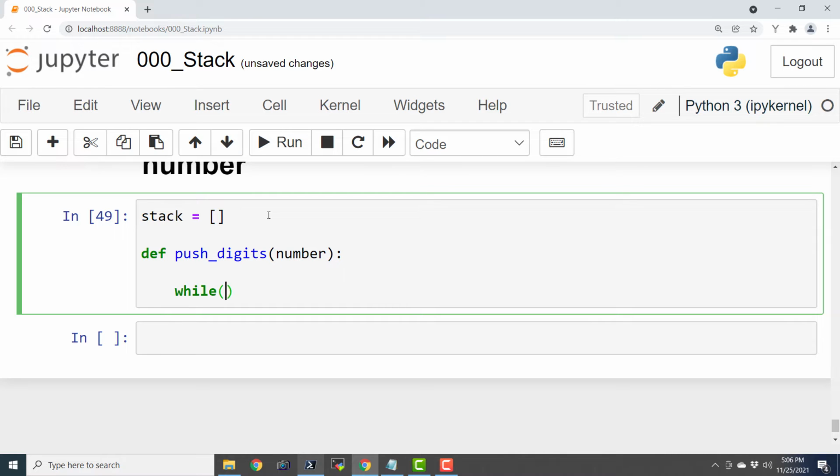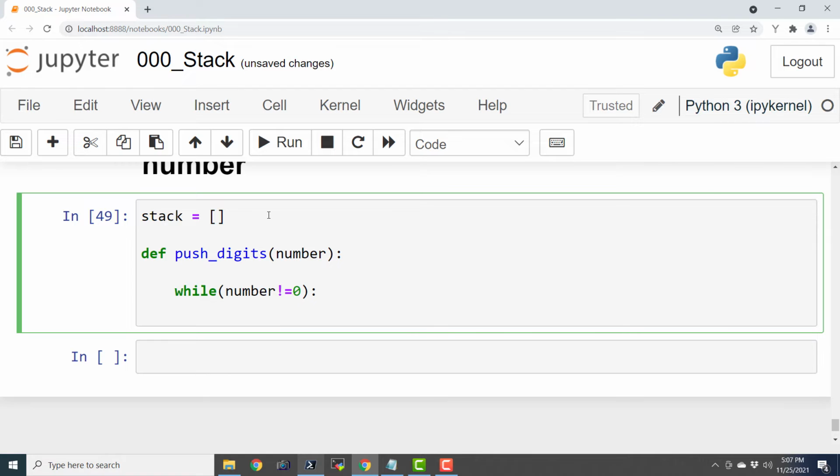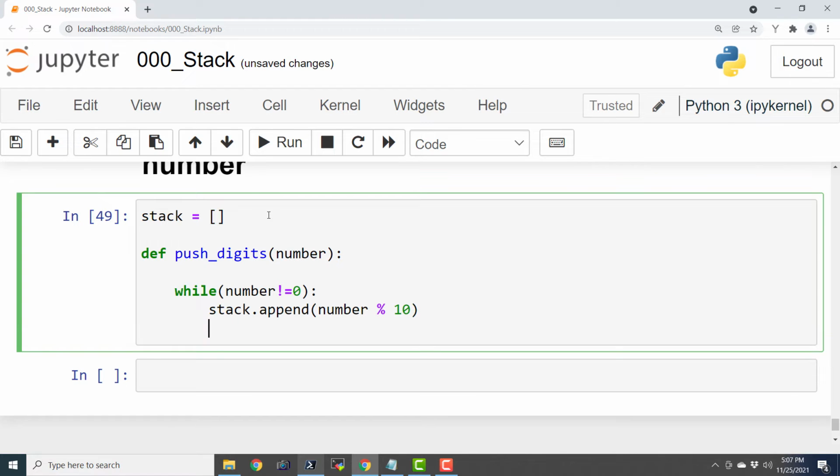I will say while number is not equal to 0, then stack.append(number modulus 10) and number equals to integer of number divided by 10.